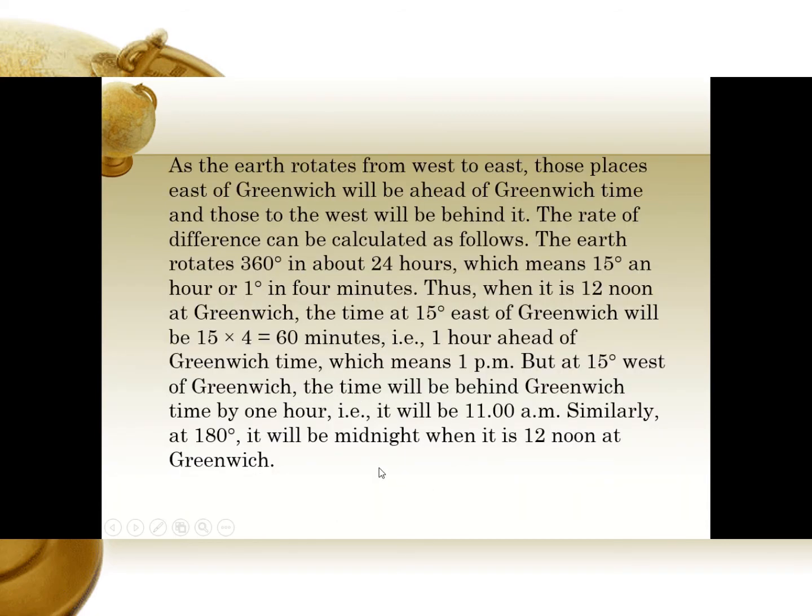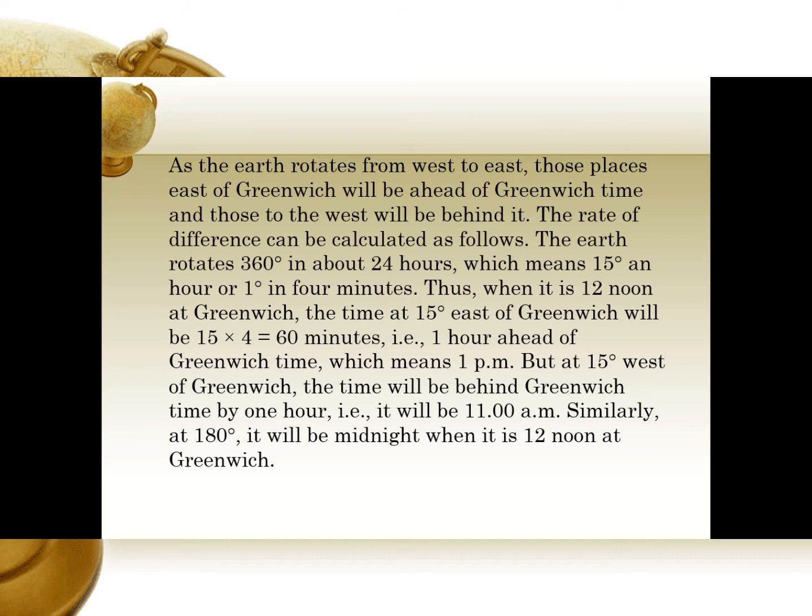Now we will calculate the time. We all know that we have different time zones. In India, we follow IST, Indian Standard Time, whereas in the world, we have Greenwich Mean Time, GMT. As we all know, Earth rotates from west to east. Earth rotates 360 degrees and takes 24 hours to complete one rotation. That is why we can see day and night. When it rotates, if you divide 360 by 24, you will get 15.